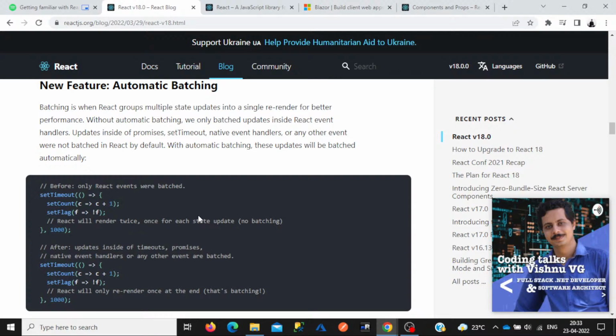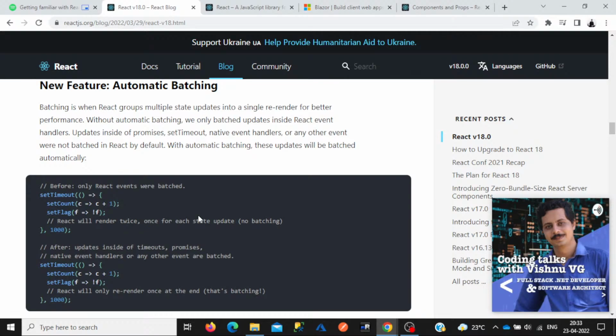what happens in all those scenarios, usually in the earlier versions, is that with each state change the re-rendering happens. So React will automatically re-render that particular component portion. This is inefficient because we don't need re-rendering until the full state, or the series of states, has been changed inside that event handler. So in that case,